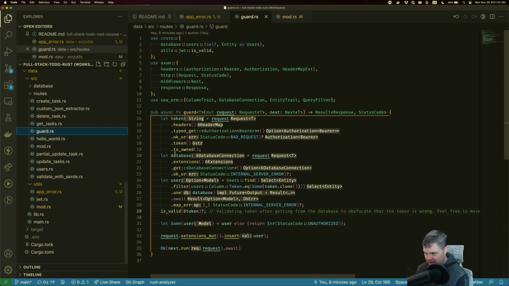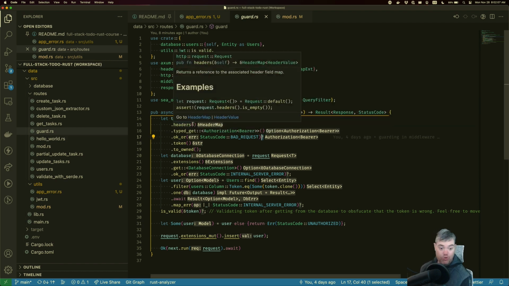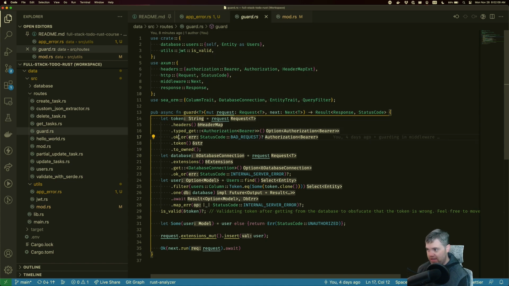Okay, so now I want to go to someplace that has a potential error. So if I do a guard here, okay, so I have this okay or. So if we don't pass in a token when we're doing like a hello world or something, we do this okay or. So let's do